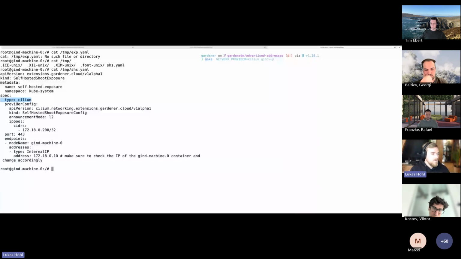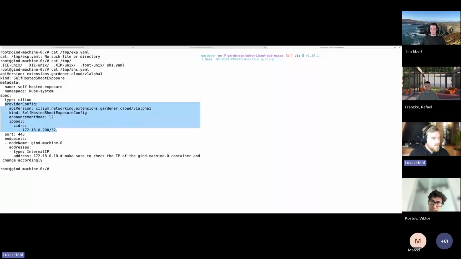So right now I think only the local provider is implemented, which will do it in a similar way that we do it here. But there is also this provider config, which is part of the Cilium extension. At the moment it has two sections: the announcement mode, which we will come to later, and the IP pool sitters, which will be used to allocate an IP address for the